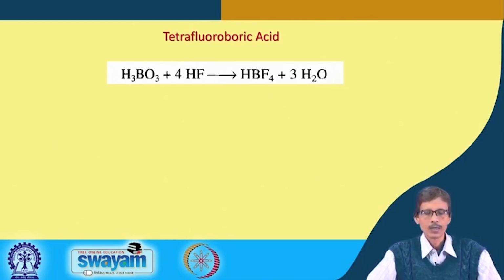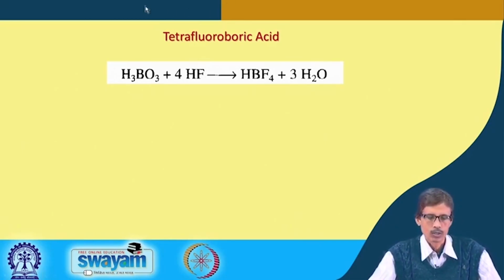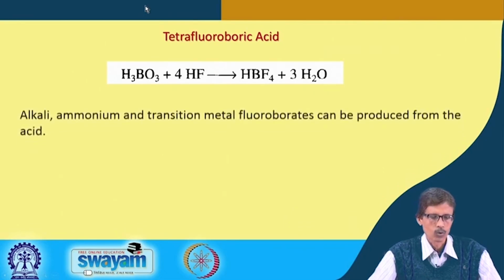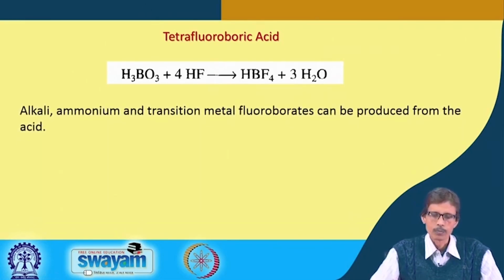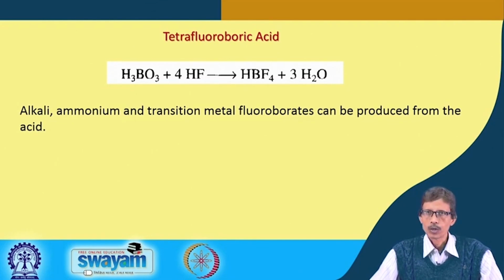with hydrofluoric acid. Now, you have 4 molecules of HF reacting with the boric acid, giving you the free tetrafluoroboric acid, because that free acid can immediately be converted to its corresponding salt, the sodium salt, which is sodium tetrafluoroborate. If you react HBF4 with sodium hydroxide or any other sodium salt, it can be sodium bicarbonate also, it gives you the corresponding NaBF4, which is sodium tetrafluoroborate, which is a